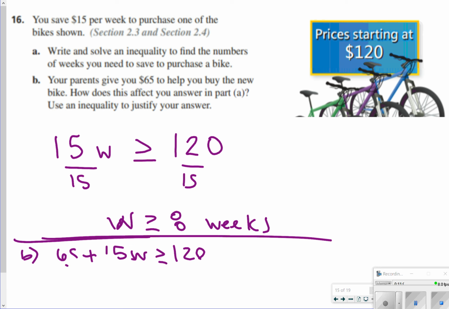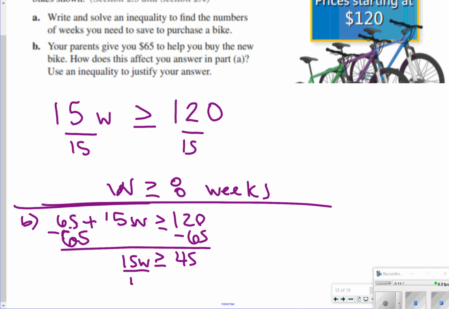And instead of dividing by 15 right away, we're going to subtract 65 from 120 first. That's going to give us $45 that we really only have to save up for, greater than or equal to 15W, so that when we divide both sides by 15,